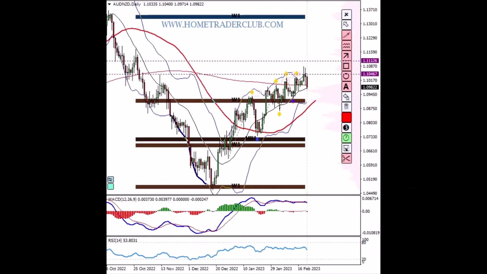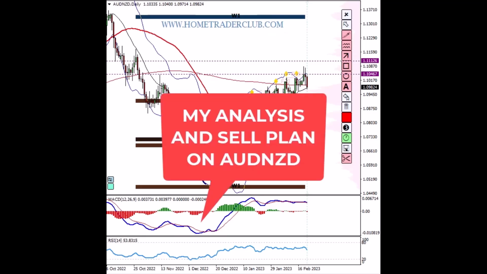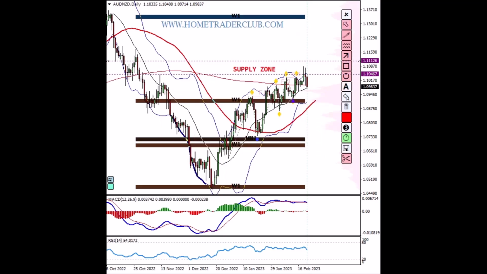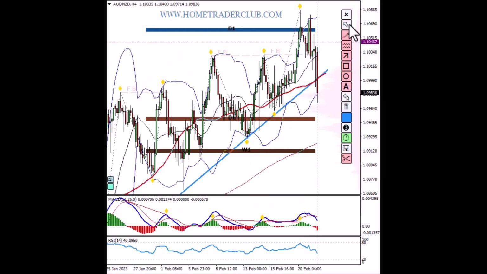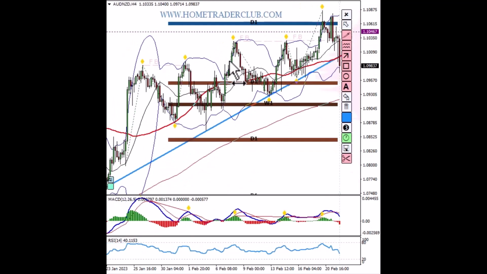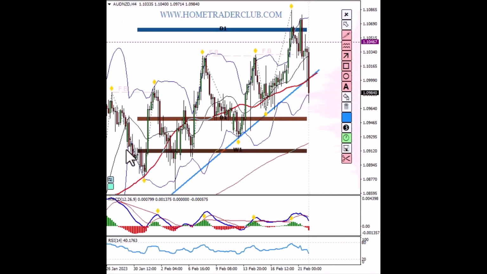Hello traders, Vladimir here from Home Trader Club, and here is my analysis on the Aussie Kiwi and my sell plan on this pair. The first thing we can see here is that the pair is bouncing directly off an important swing high zone, creating a massive supply area. Next, after making a sequence of higher highs, higher lows on the candles, we start to make lower highs, lower lows. Next important moment here is the break of the rising trend line that is created right now on